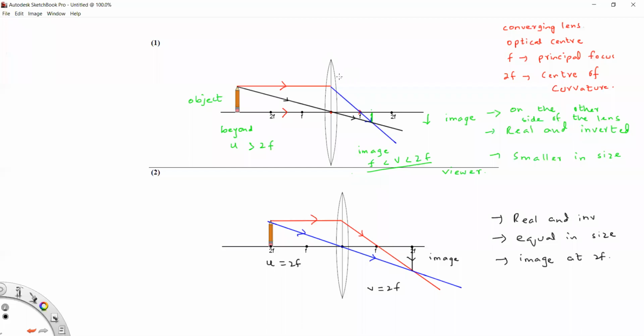If I give you a practical example of case 1, it can be a camera or a human eye, where a camera creates an image that is far smaller in size compared to the original object. And for case 2, I can give you the example of a photocopier machine, where you make photocopies of a paper and get an equal sized copy of that image. Okay. Is this understood and clear?